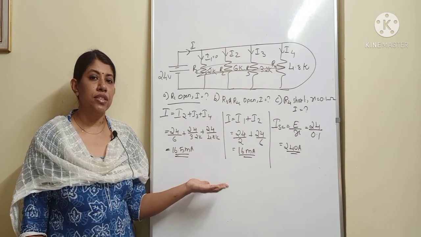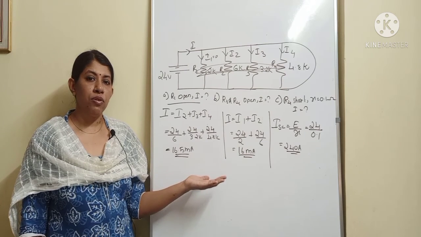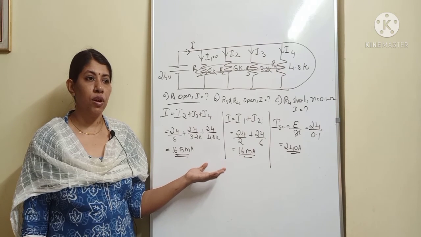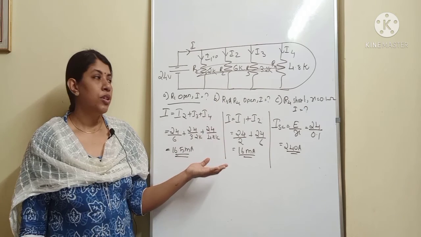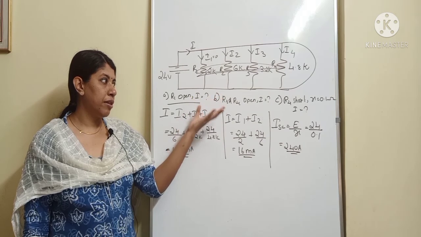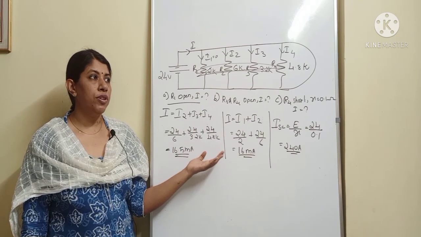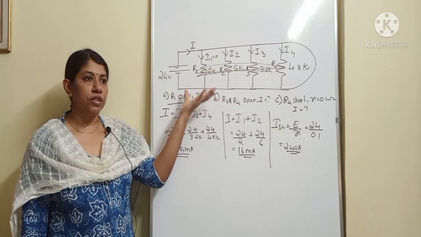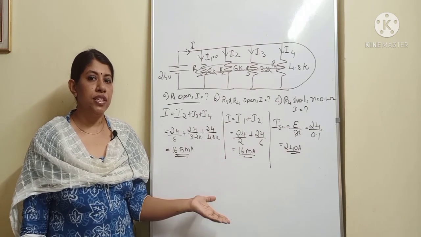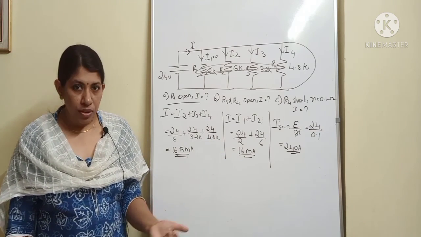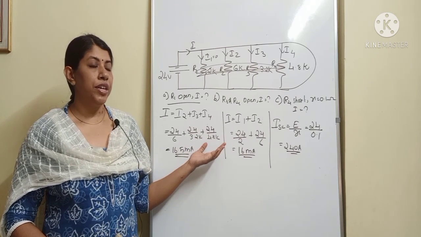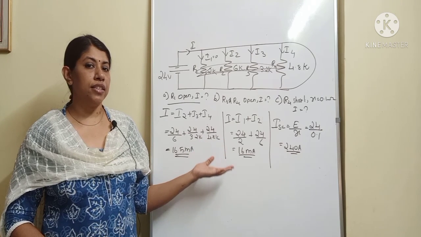Whatever questions I have discussed in this class can be solved in different ways. I have chosen a particular method to show you how to apply the things which I have taught you, but you can choose any of these methods. Whenever you are solving a problem, take one question and try to solve it in different ways, so that you can see the difference and find which method is easier. Now I hope that whatever I have taken in this class is very clear to you. We have completed the individual connections, series connection and parallel connection.